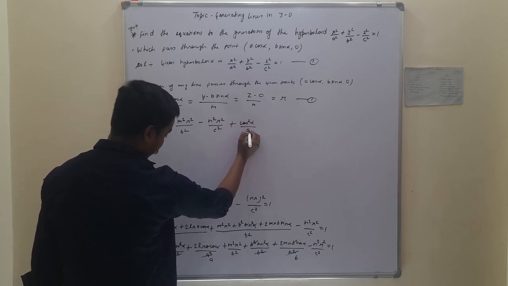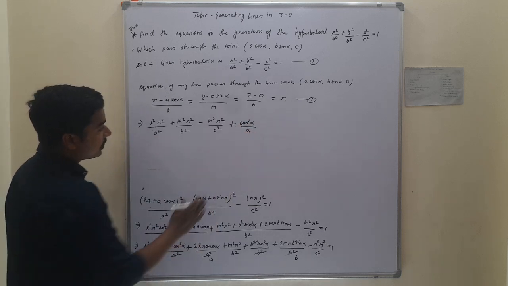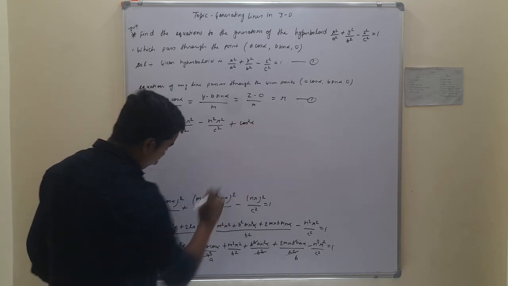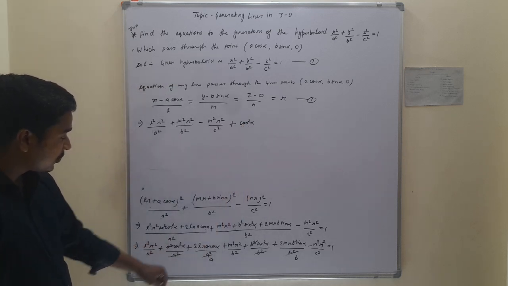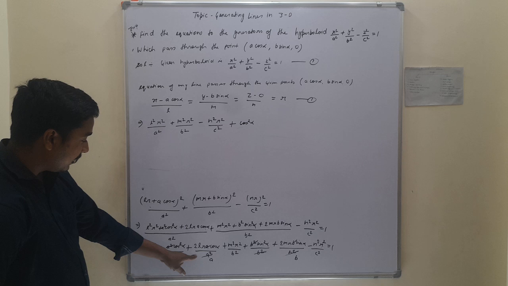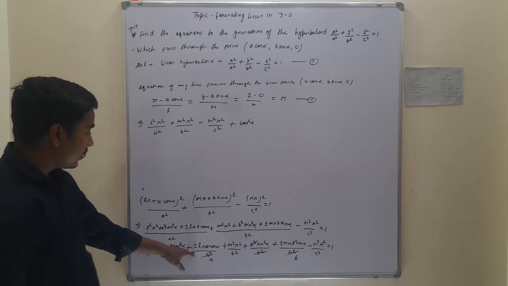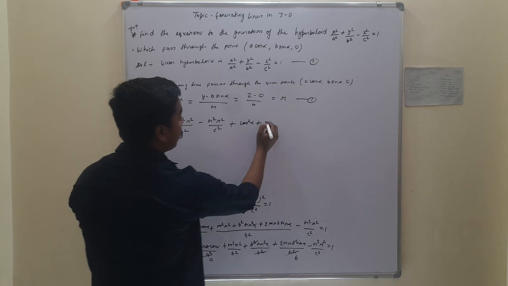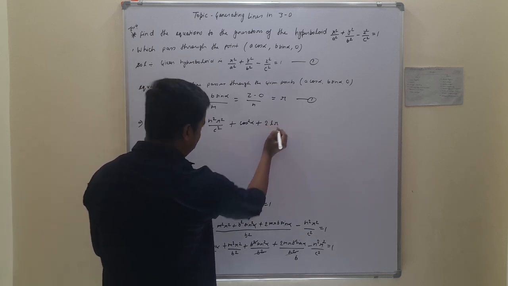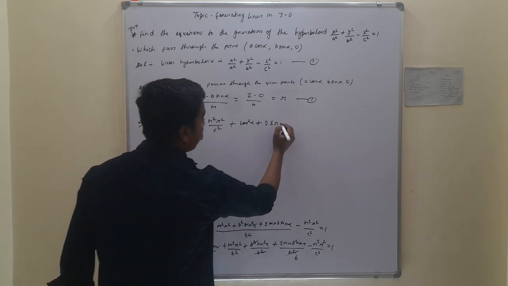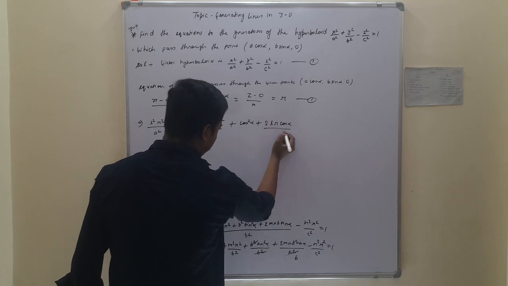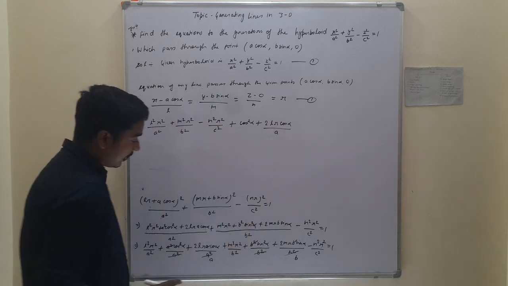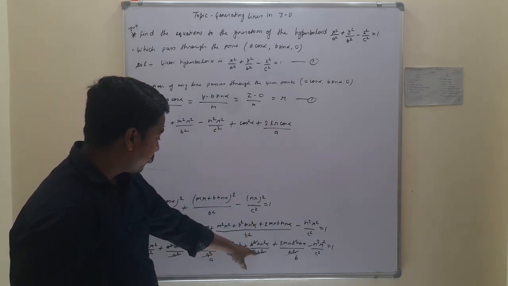Sorry, the remaining is only cos square alpha, since a square to a square is cancelled out, cos square alpha, and plus 2 into lr cos alpha upon a, and